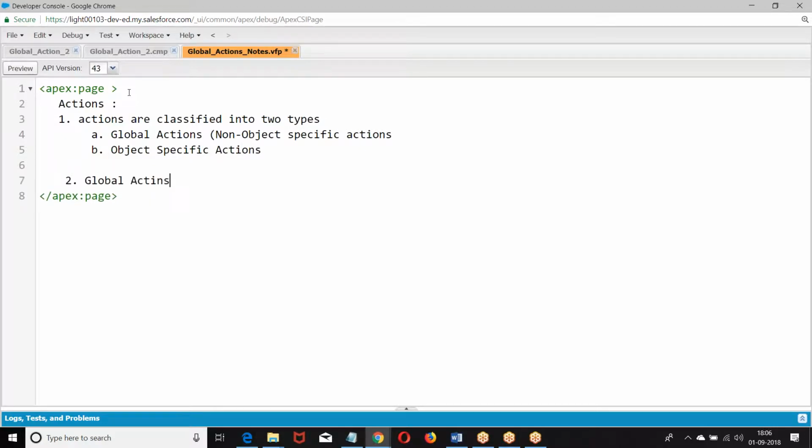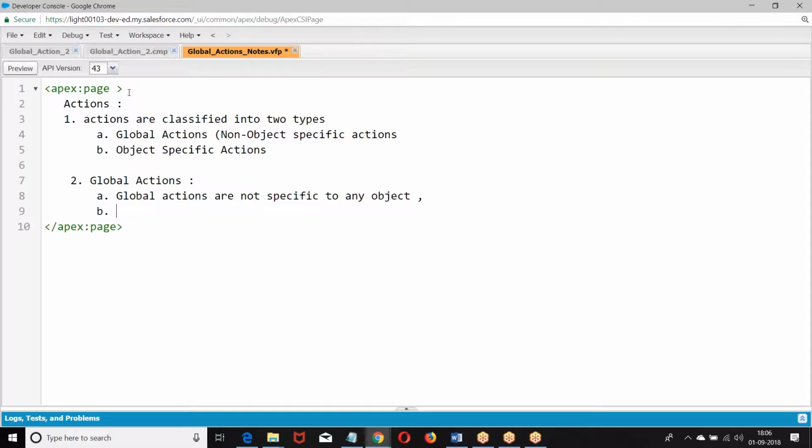Global actions are not specific to the object. We can add the global action to any page. So, create global action.